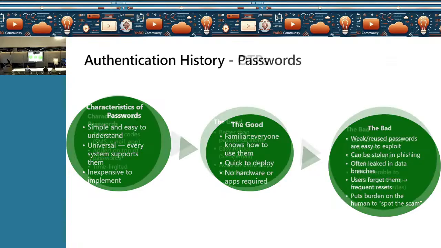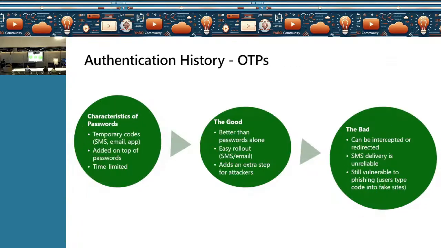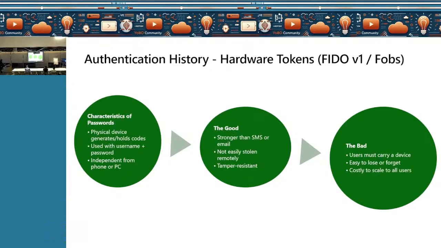Now, the second thing which came was the OTPs, one-time codes which were sent by SMS or emails. Now they were one step ahead, but since they added another layer, it was cumbersome from a user perspective because users had to find the SMS and type it in. But we have also seen issues related to SMS hijacking. So in this, SMS is hijacked, emails are intercepted if you're receiving OTPs through email. So this is again a problem which we have seen.